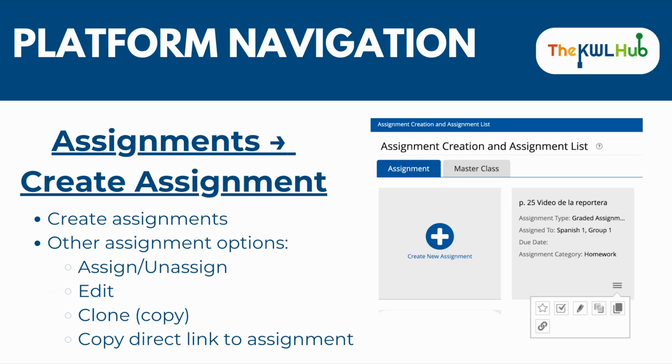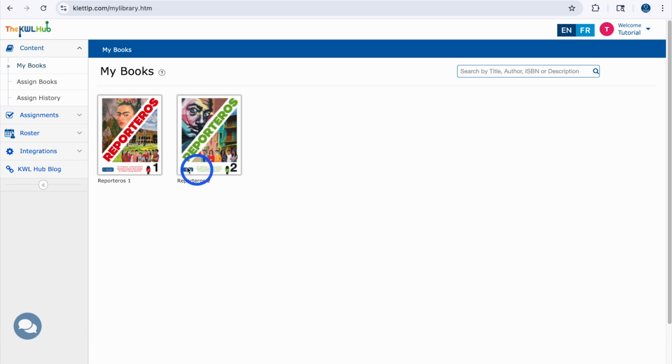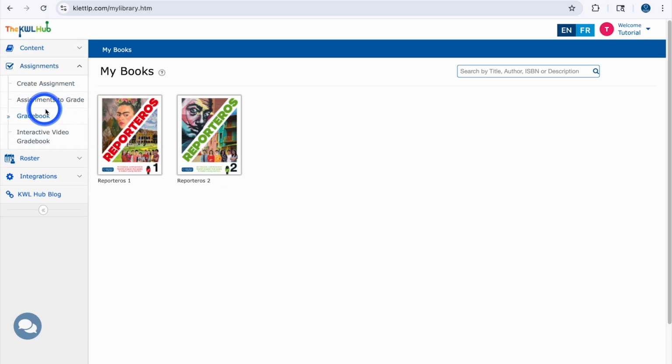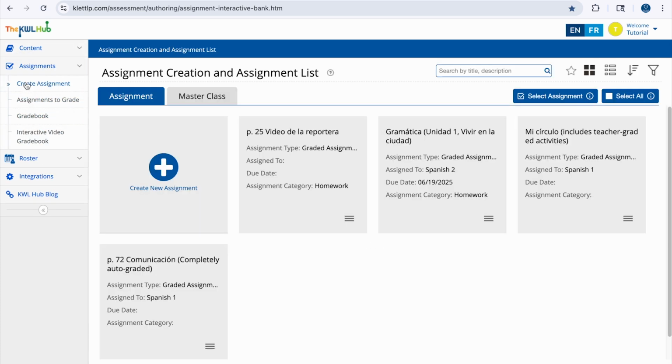Next, let's take a look at the Assignments section, where you can create and manage assignments. This is where you'll organize all of your classroom activities. In addition to creating your own assignments and assigning them to students, you have a number of other options available